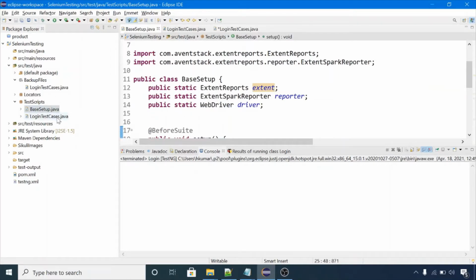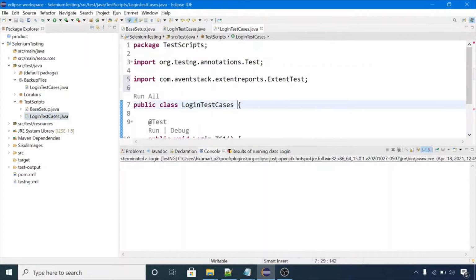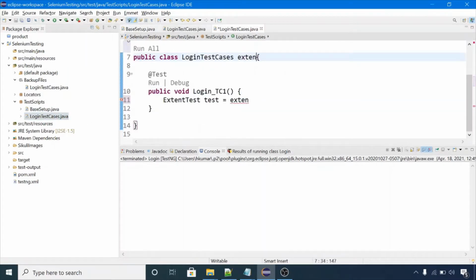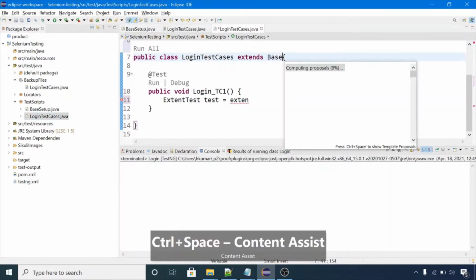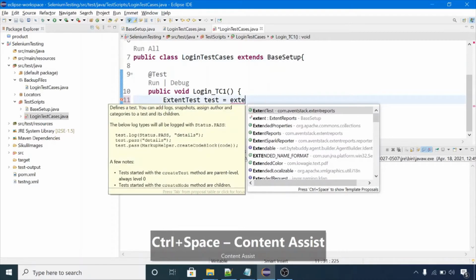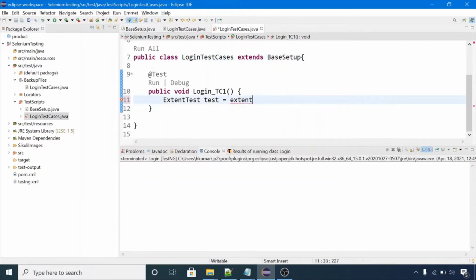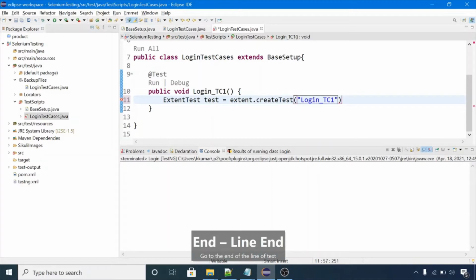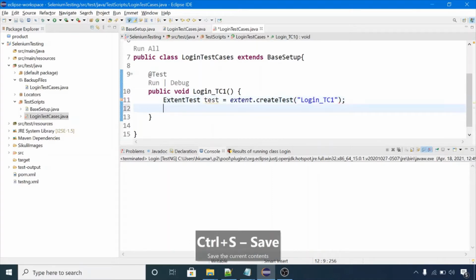So in this LoginTestCases class we will just extend base setup. Now we are able to use this extent object, dot createTest. We will pass this name, login_testcase_1. So now we have created one test.